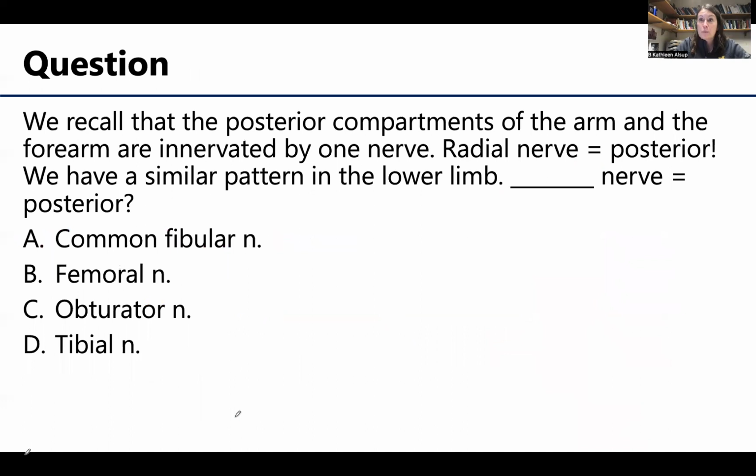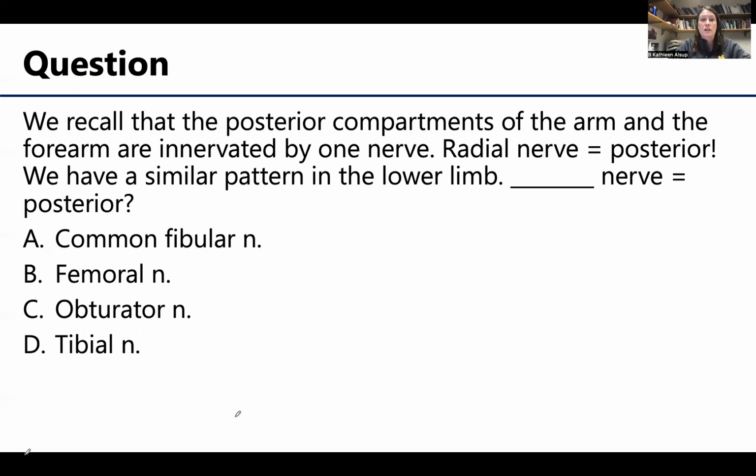All right, excellent. So we got through three of the largest muscle compartments in the whole body. It makes sense. The muscles of the thigh need to be robust. They need to have some powerful actions, but they also play a role in posture and keeping you upright as well. So let's review a concept. We recall